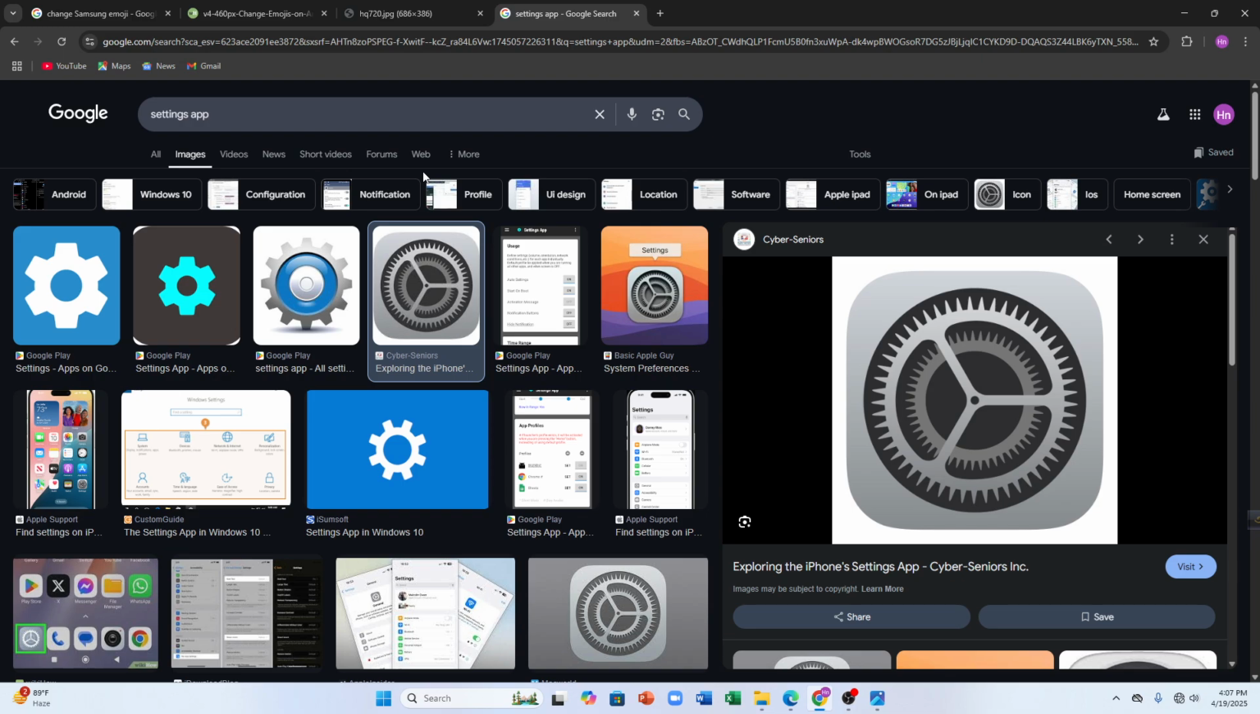Then you have to download the iPhone emoji font. Open your browser, search for a reliable iPhone emoji font file. Then you have to download the .ttf or .zip font file to your device. Now install a font installer app on your phone from the Google Play Store and then apply the iPhone emoji font